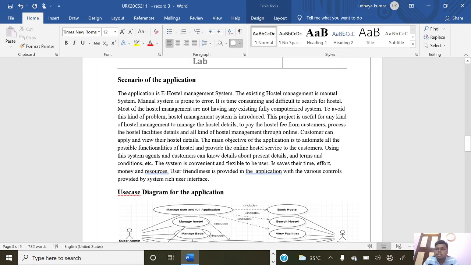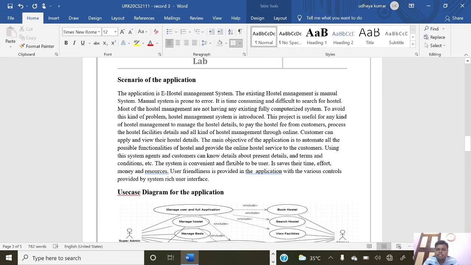This project is useful for any kind of hostel management to manage hostel details, to collect the hostel fee from customers, to process the hostel facility details, and to handle all kinds of hostel management through online. Customers can apply and view their hostel details. The main objective of the application is to automate all the possible functionality of the hostel and provide the online hostel service to the customer.